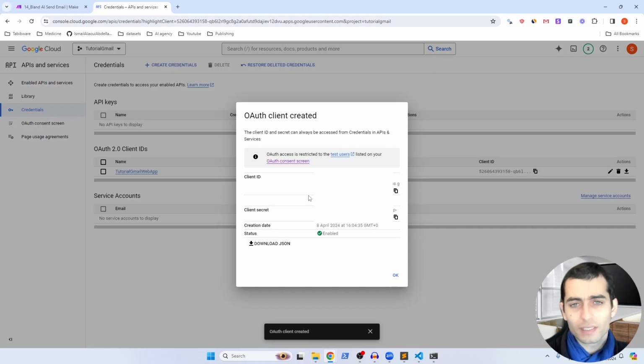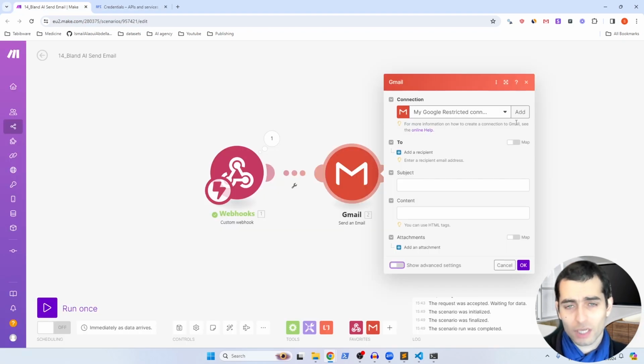So basically, this step will create for you a client ID and a client secret. Those two, you should keep them safe. And actually, those are the information required for Gmail to log in and for you to send emails via your Gmail account. So now if we go back to the make.com scenario, you should click on add and then here